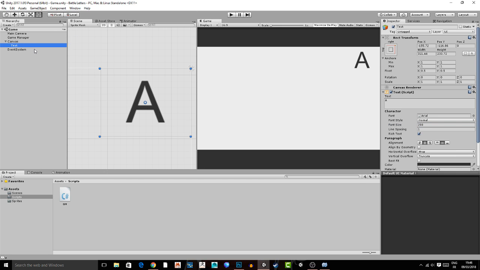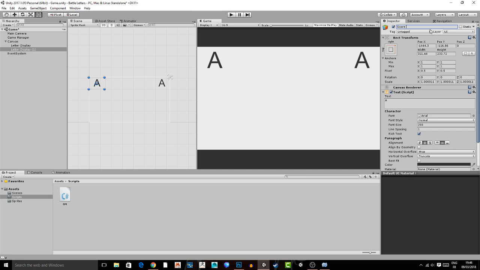Okay, so let's call this letter display. And then I'm going to duplicate this text element. I'm going to put it over here and call this one score display. So basically here we are creating all of our UI elements that we will need to get our game working nicely. Score display. And I'm just going to type in a placeholder name, basically score,